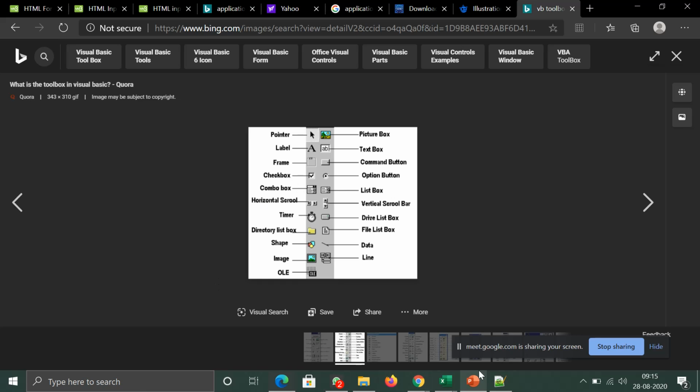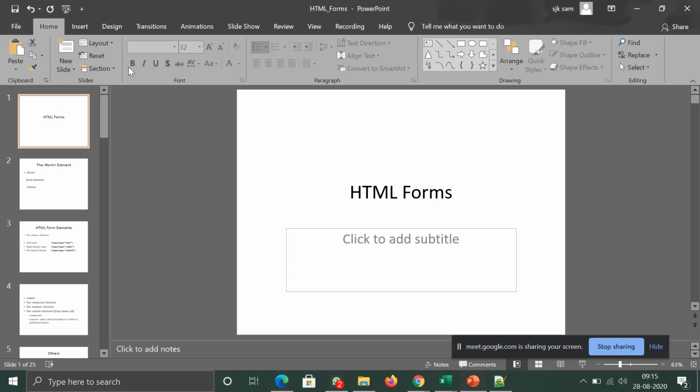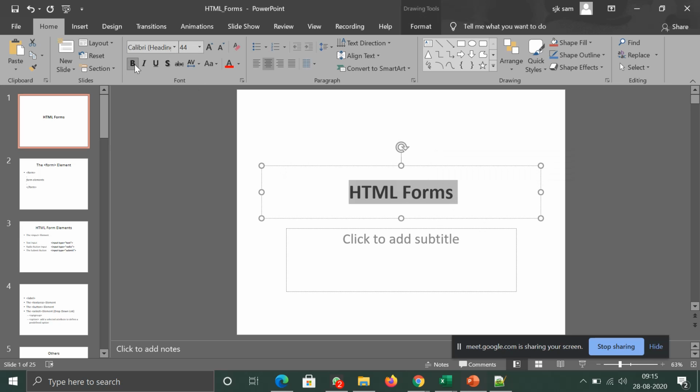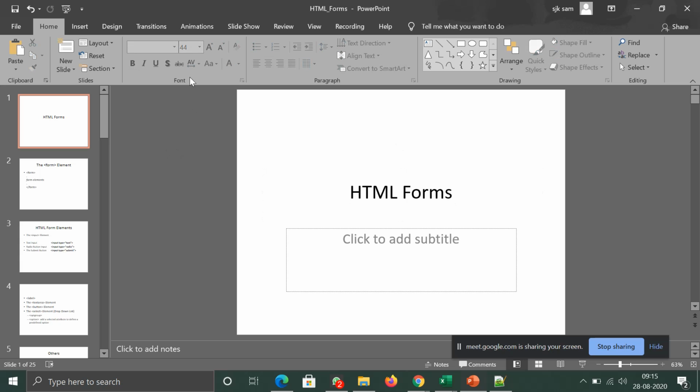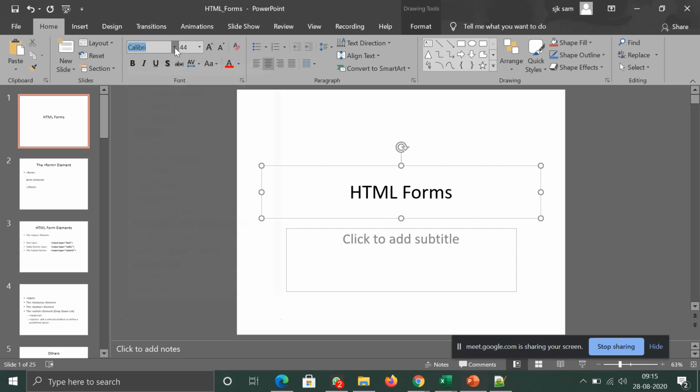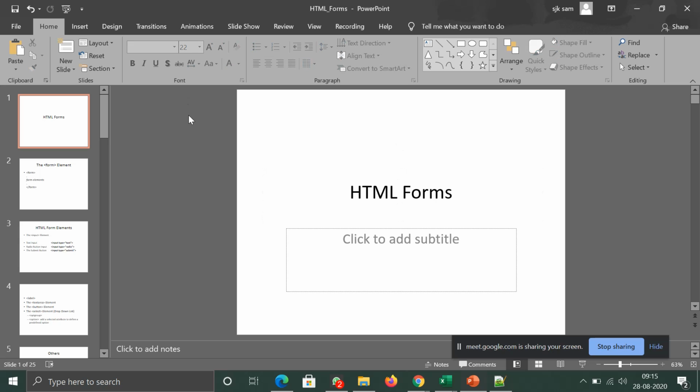Now you take for example PowerPoint, all these are buttons, correct? If I click something and press here, it bolds. And if you take this one, this is a drop down box, it has some values there. This is another drop down box. Even if I want, I can go and type here, like 22.